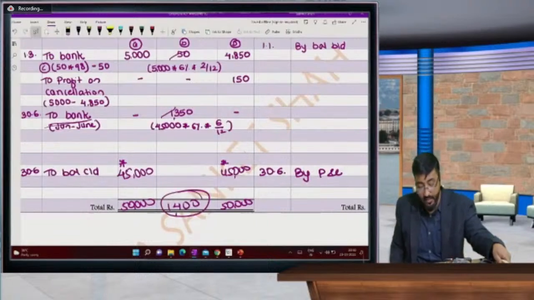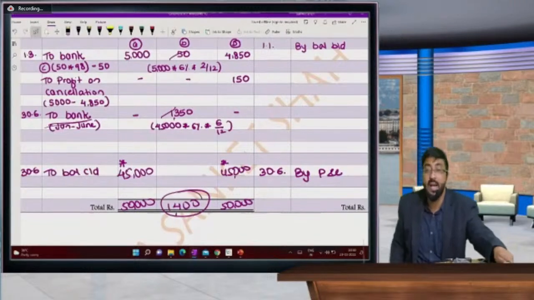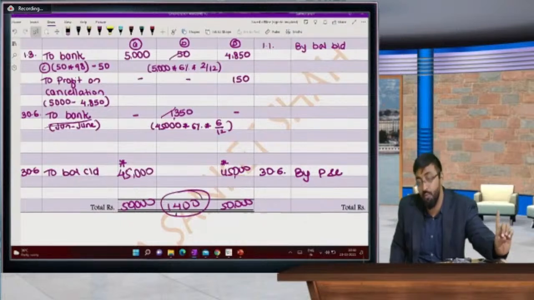DRR 10% is fixed. DRR investment, normally we make investment of 15%. Now you can see in this question also, there is an investment of 1,50,000. So 15% investment is mandated. Now the question is, sir, when we have the concept of immediate cancellation. So the first question is of immediate cancellation. Sir, how to solve it?